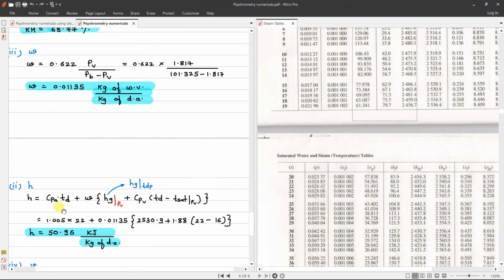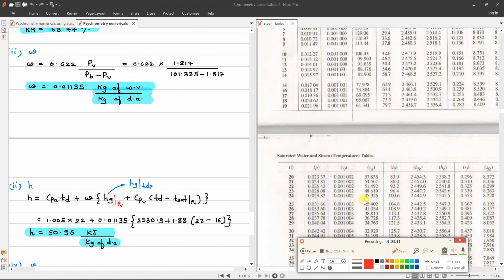So that is why here you can see this Hg at PV, it is Hg at TDP. And what is TDP? TDP is 16. So for this 16 value, what is Hg? Hg you can see over here, this 16 value Hg is 2530.9